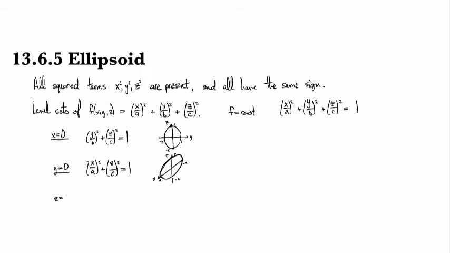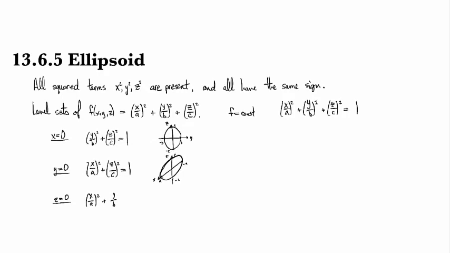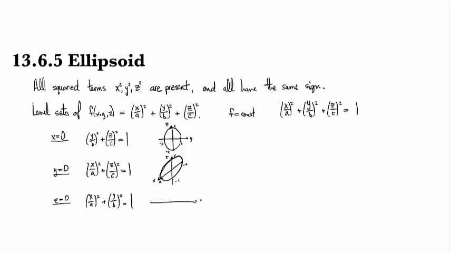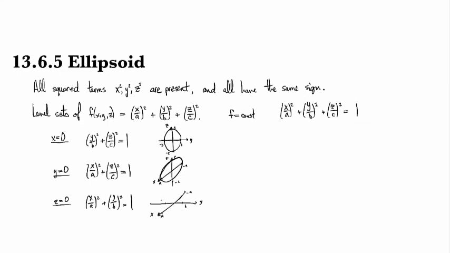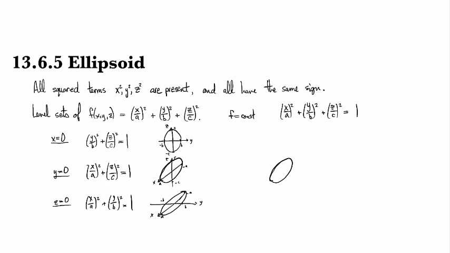And if we take z equal to 0, then we have (x over a) and (y over b), both squared, equal to 1. And so now we're looking at the xy plane. And so we've got a and minus a, and b and minus b. And so we've got something like that. So if we now try and assemble all of these together,